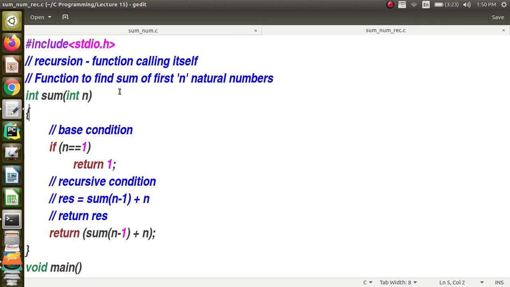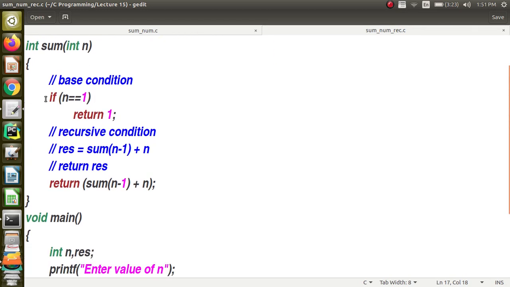So, in this case, when we look at the sum operation, sum of 1 is 1, okay. It is not going to depend on any other smaller instance. So, we can say sum of 1 is equal to 1, that is the base condition, or that is going to be the stopping condition. So, look at the function declaration. Int is going to be the return type, and then we have got the name of the function followed by the list of parameters. Here the value of n is being passed, and we write the base condition. In the base condition, we say if the value of n is 1, then you are going to return 1, right. And then the recursive condition is, we say sum of n minus 1,